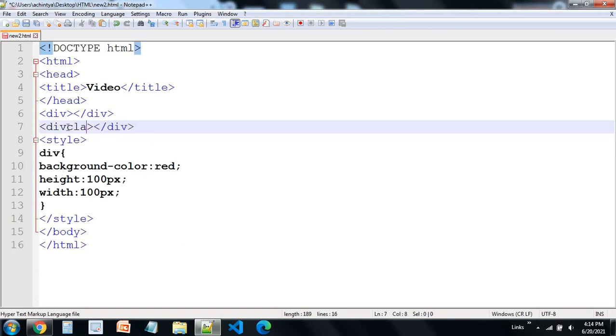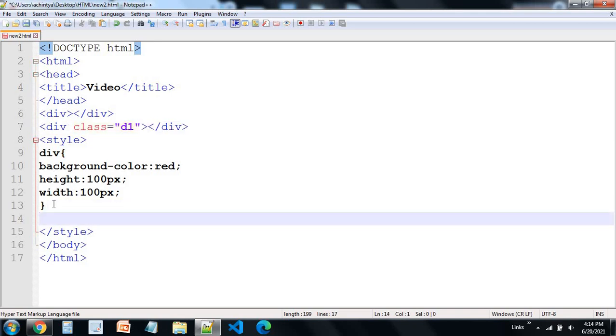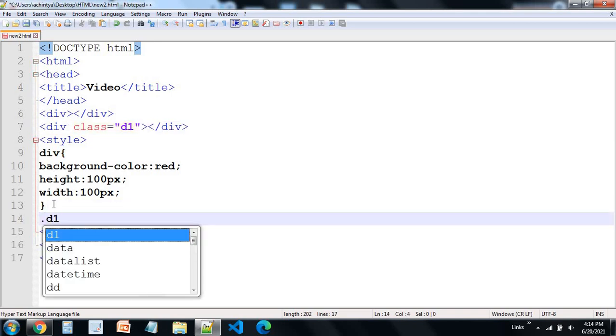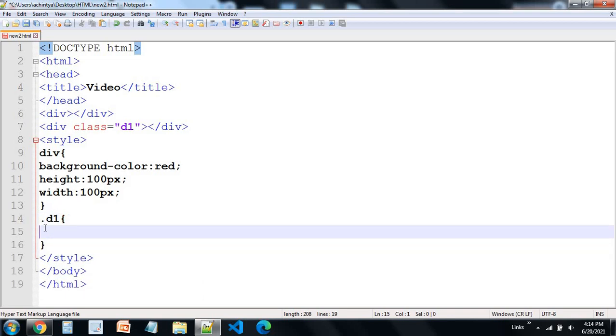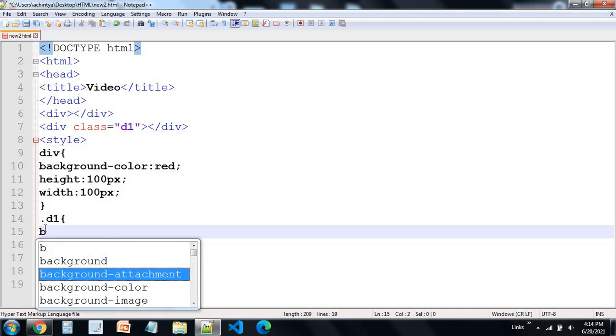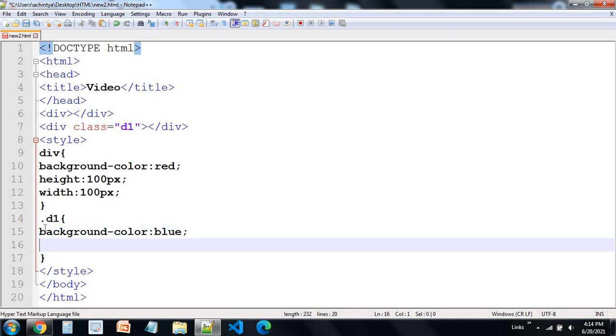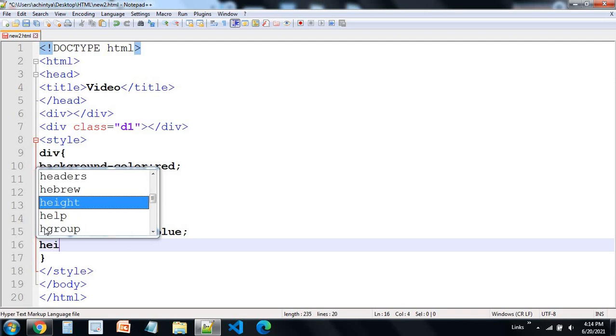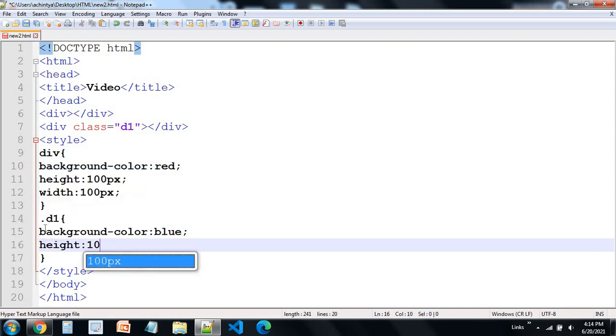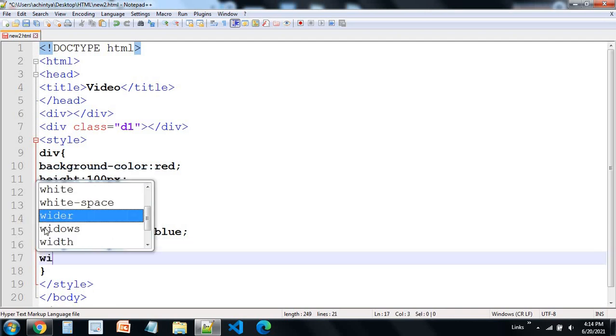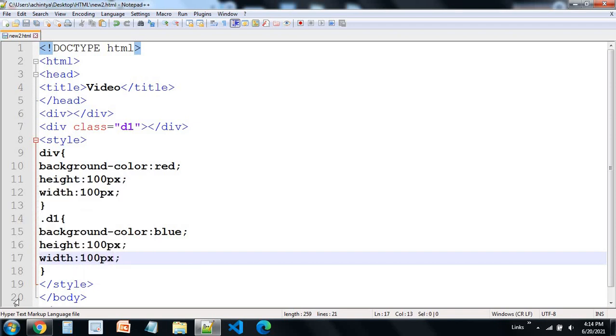Now suppose I give it a class D1, and here I give dot D1. Then I give it background color blue, height 100px, and width also 100px.